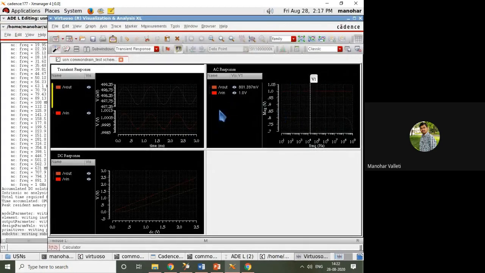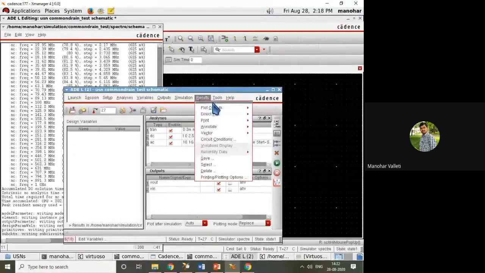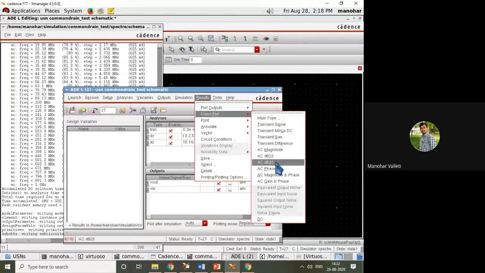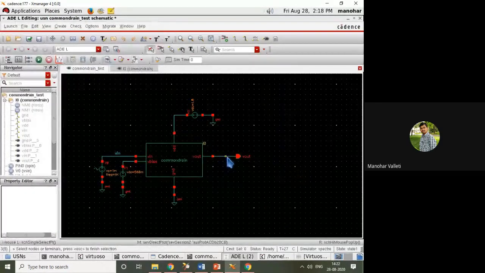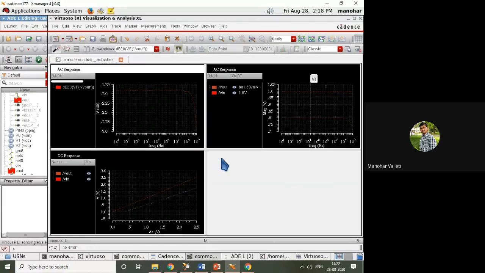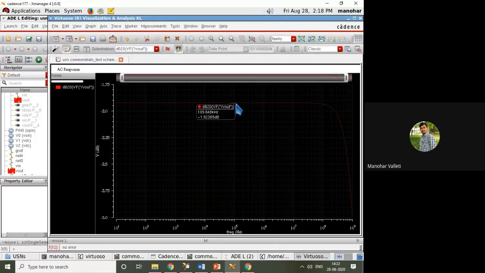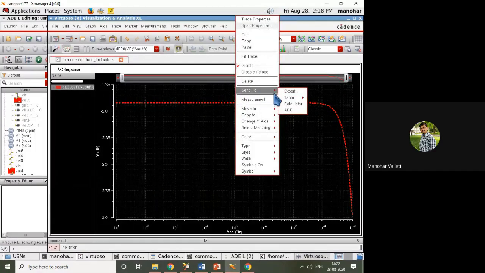And if you want this AC response in dB, how will we do it? Results, direct plot, AC in dB. So this I want, only output I want. So escape. So you will get AC in dB.